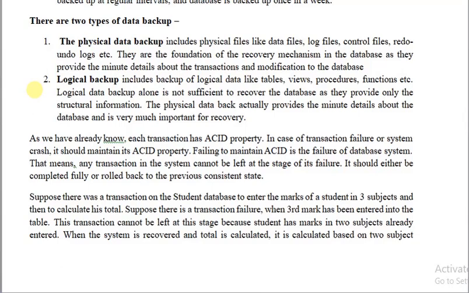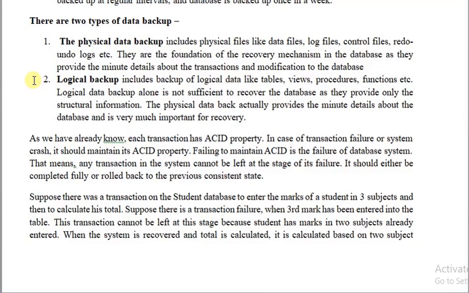Okay, so let's have a look at the transactions. Okay, what is a transaction? A transaction is nothing but an executing program. Okay, so a transaction executed has to satisfy a property called the ACID property. ACID property in the sense atomicity, consistency, isolation and durability. Okay, these four properties have to be satisfied by the transaction,